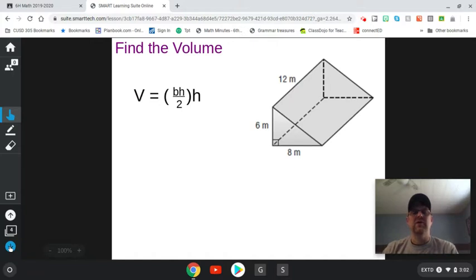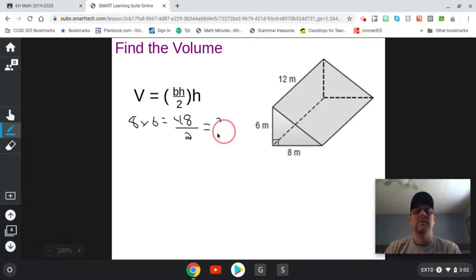All right, so here's our first example. The base of this is going to be 8. We're going to take 8 times the height, which is 6, which is going to equal 48. Okay, we're going to divide that by 2, which is going to equal 24. Okay, and we're going to take that 24 times the height of the prism, which is 12. So we're going to take 24 times